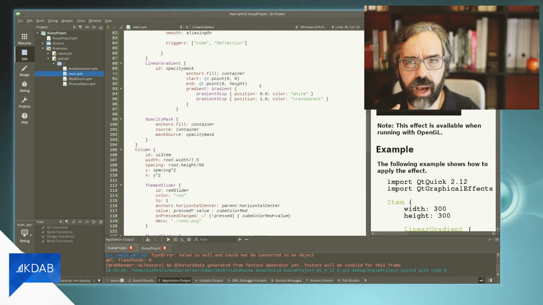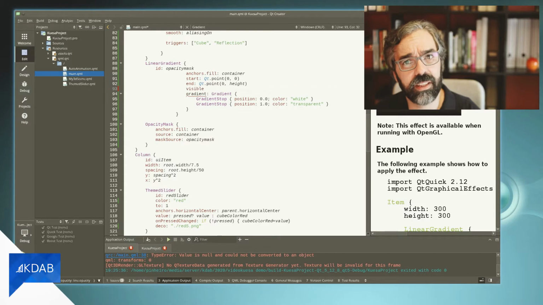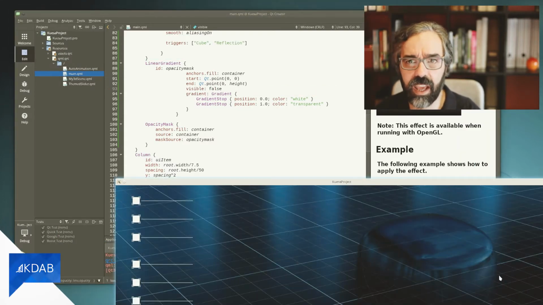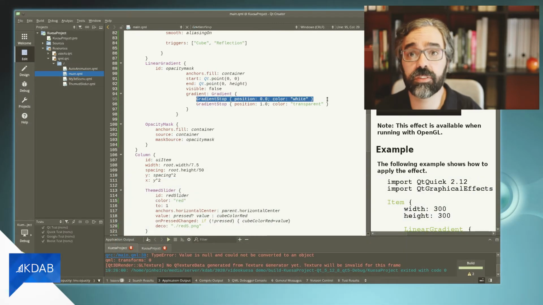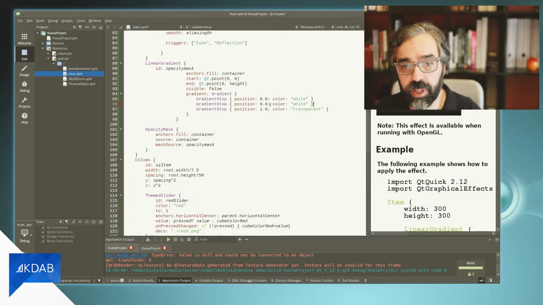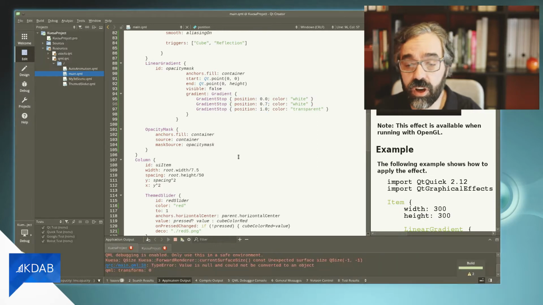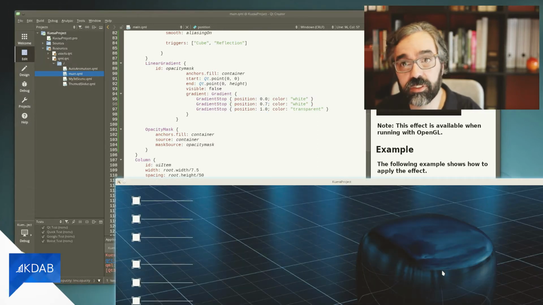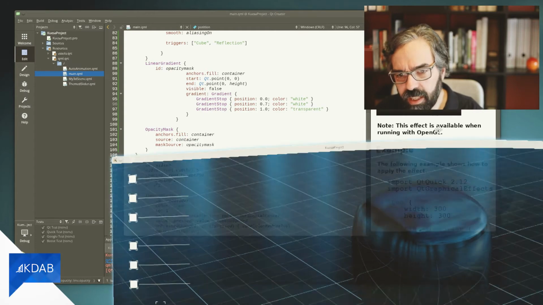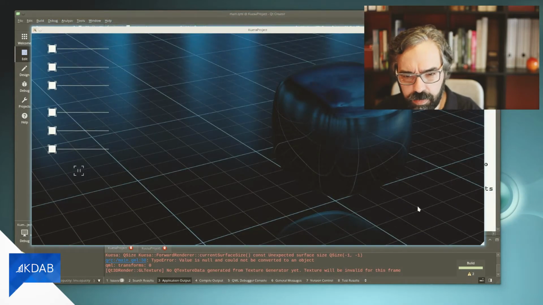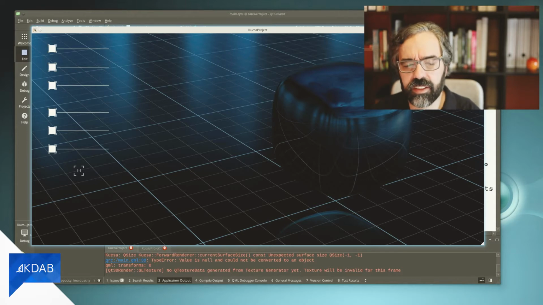Now, I might have overdone it. I mean that the reflection starts at the end of the first cube. So the opacity of the first cube must be full. Here I'm playing around with the positions of the gradient so that the first cube is fully visible. And in here, it seems like I almost got it, but apparently in the end, there's something going on there and it's slightly transparent.